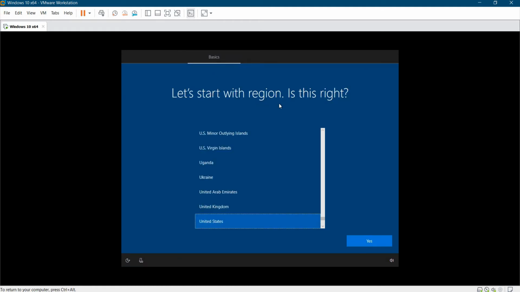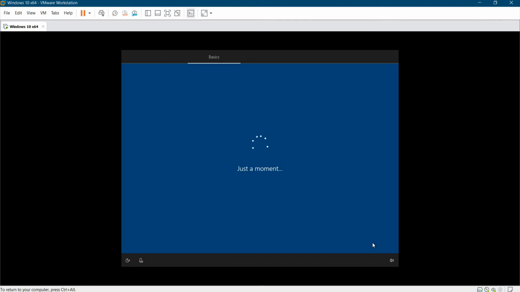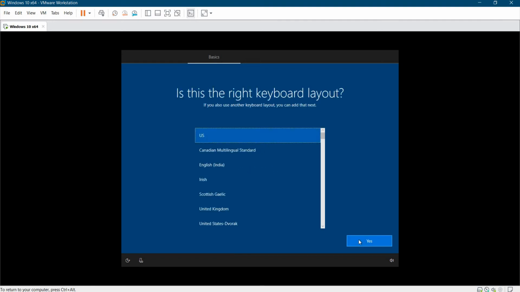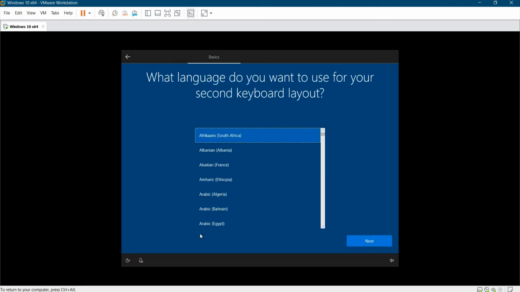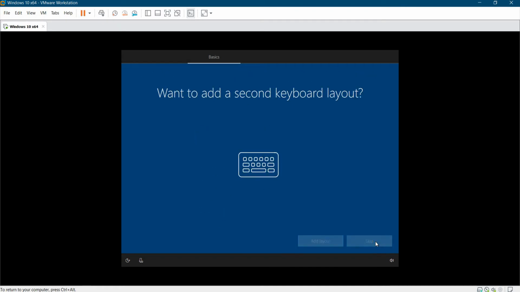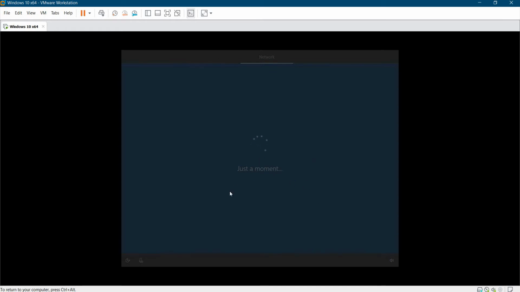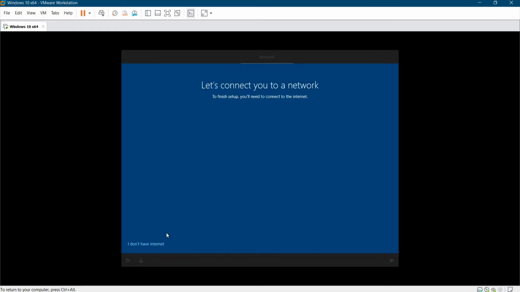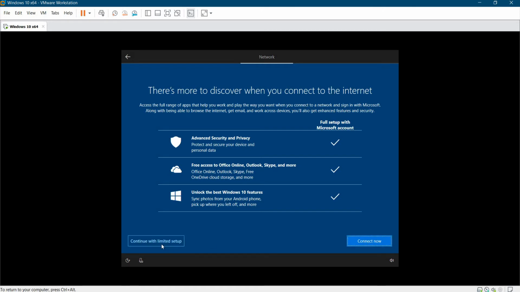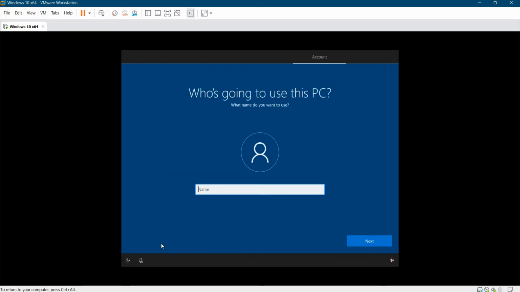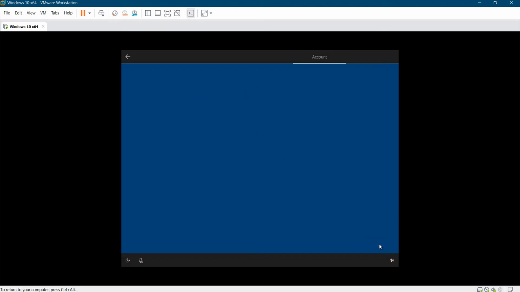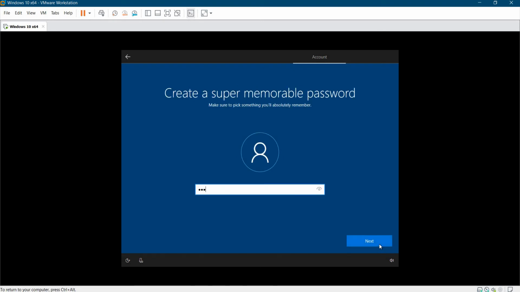For this, it's just your preference on the region you're living in, whichever one you want to choose. Same thing with the layout. I don't know why it put me there, so I'm going to skip that. I'm going to skip the second keyboard layout. I don't have a network, so continue with limited. Then for this, just put whatever you want. This isn't really something big, so make sure you put a password and make sure you remember the password, otherwise